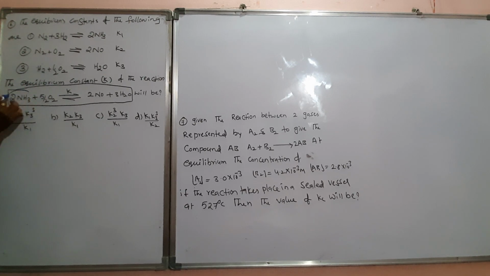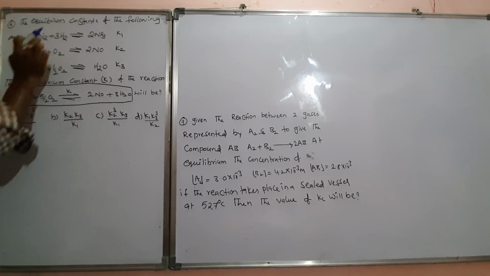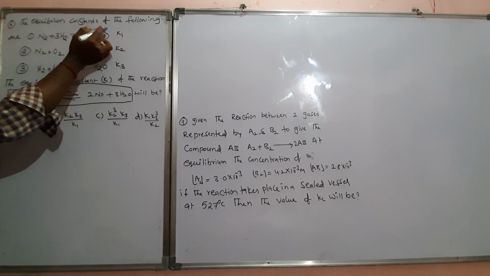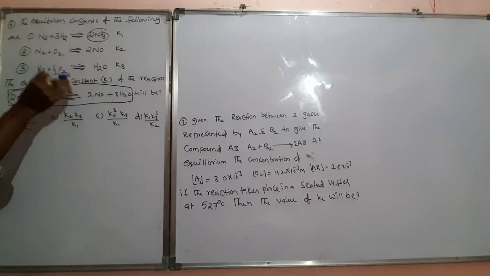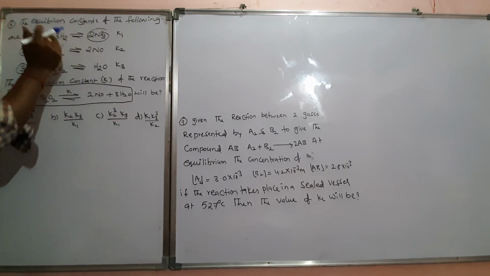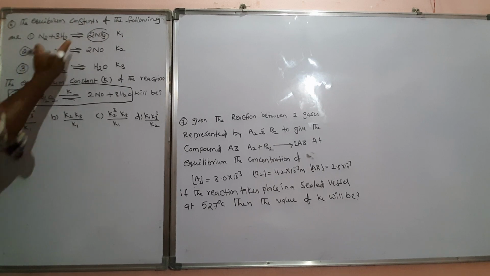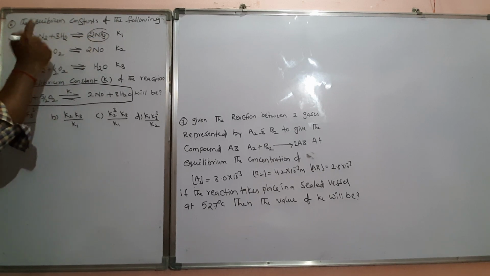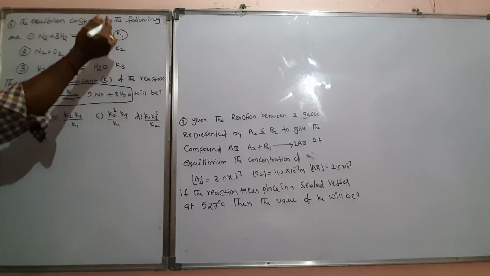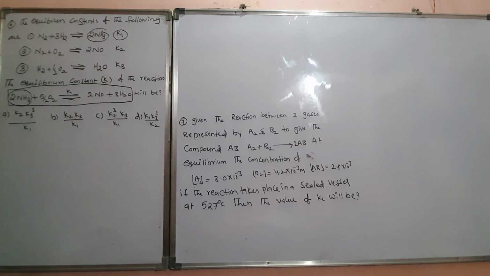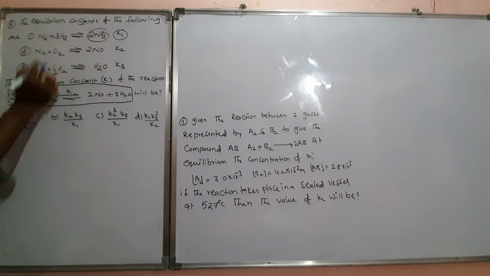So here NH3 is present on the reactant side, whereas in the given equation NH3 is present on the product side, so we have to change this equation. The asked equation gives clarity and a clue for you to change the equation. So I am reversing this equation. I told you already, when we take the reverse equation, the equilibrium constant will be reciprocal, right? The forward rate constant and backward rate constant will be reciprocal to each other. We know that very well. So I am changing this equation.